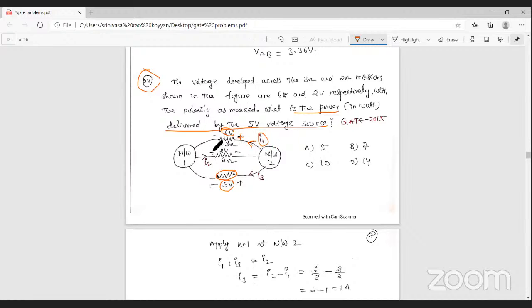In this resistance, the voltage build-up is 2 volts, but here the positive terminal is here. That's why here the current I2 is entering in this way. But here also the 5 volts resistance, here the terminal is positive. That's why the current is entering here. That is I3. So ఈ నెట్వర్క్ దగ్గర KCL అప్లై చేస్తే సమ్ ఆఫ్ ఎంటరింగ్ కరెంట్ ఈజ్ ఈక్వల్ సమ్ ఆఫ్ లీవింగ్ కరెంట్స్